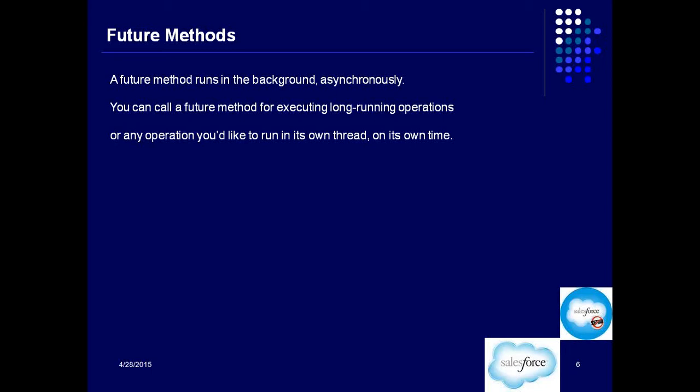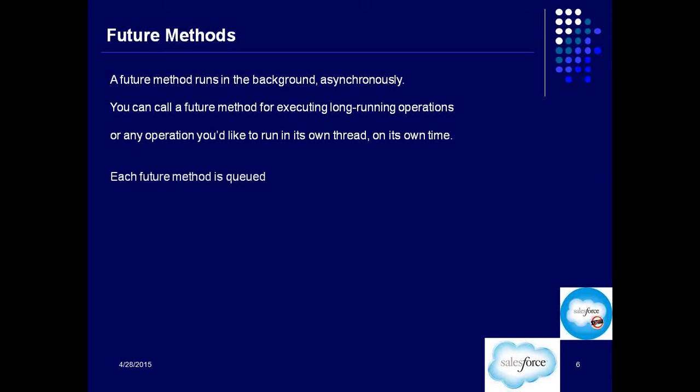Or if there is an operation that you just want to get executed on its own time, that's also fine. Whenever the resources become available, it will get executed. So that is why we use the future method.